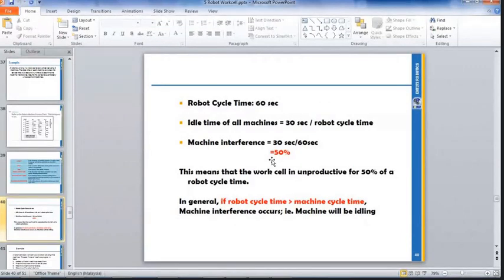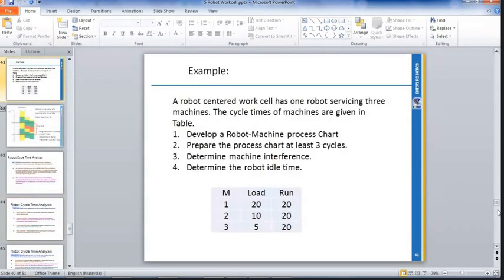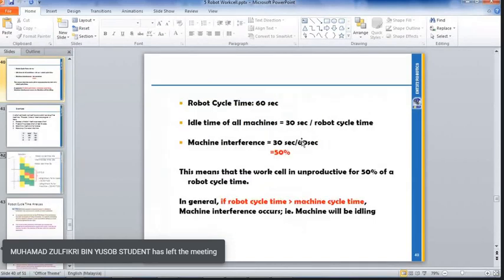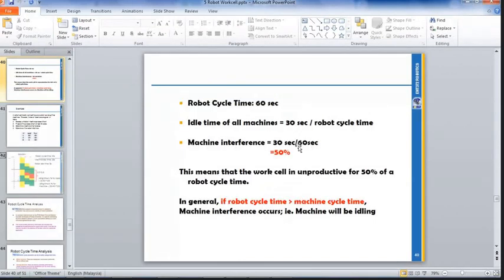Yang terbaik adalah kosong, tapi susah lah nak dapat 0%. Melainkan awak betul-betul calculate ataupun program mesin tu supaya masa dia sama dengan machine cycle time, robot cycle time. So dia akan hilang. Ataupun satu cara lagi adalah awak lajukan mesin, awak lajukan proses robot